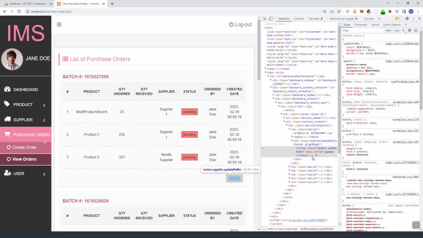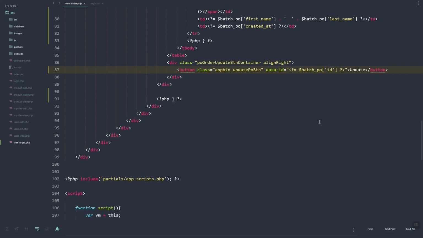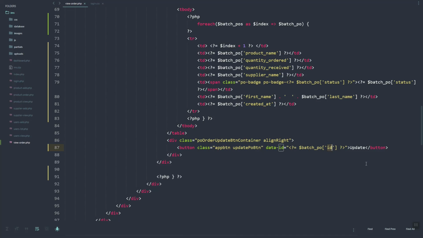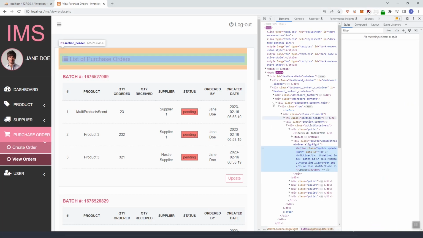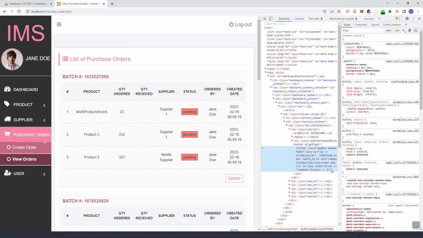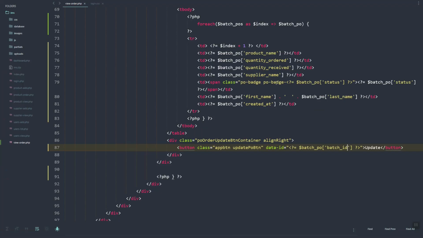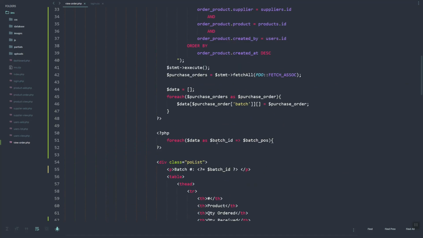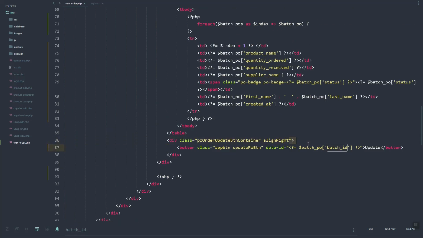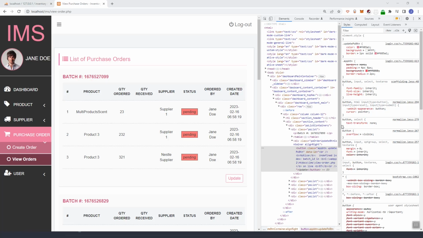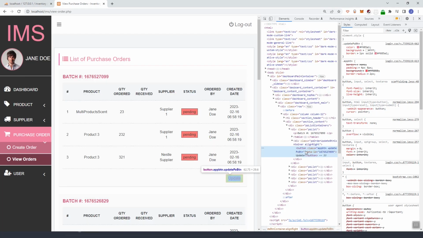Actually this should not be data ID, since we're talking about the batch here. Instead of the ID, sorry about that, it should be the batch ID. So if we refresh, batch ID, I think this one, so it's not inside the array, but it's the key, so the data ID. So if we click,